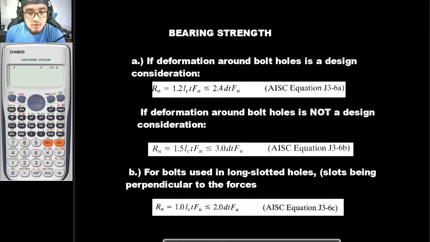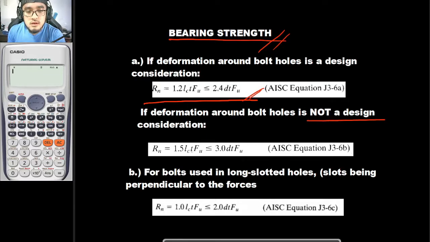These are to be the equations that we would be using to determine the bearing strength of a connection. Let's say that if deformation around bolt holes is a design consideration, we would be using this formula right here. But if not, we use this one instead. So what does this mean? Suppose that